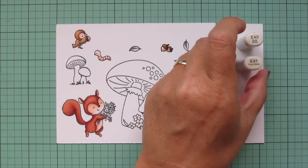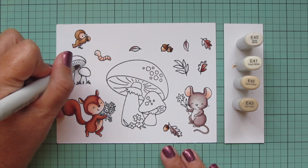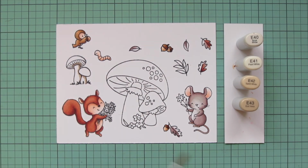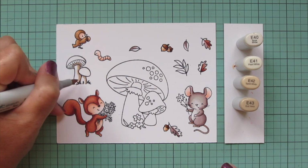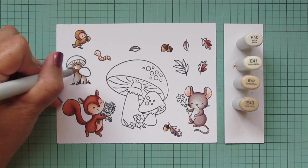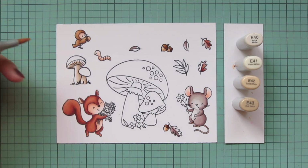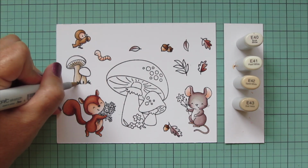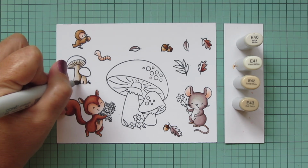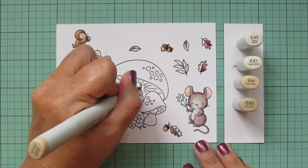So I'm moving on to my mushroom stems, and there's quite a few. Well, there's only 4, but 2 of them are rather large. So I'm going to color them all exactly the same though, and I'm using some E40s. I really like the E40s for mushroom stems. I use them pretty often for that because I just think they have that perfect creamy beige shade that just reminds me of mushrooms. So I'm using the E40, E41, E42, and E43 for those, and coloring them all the